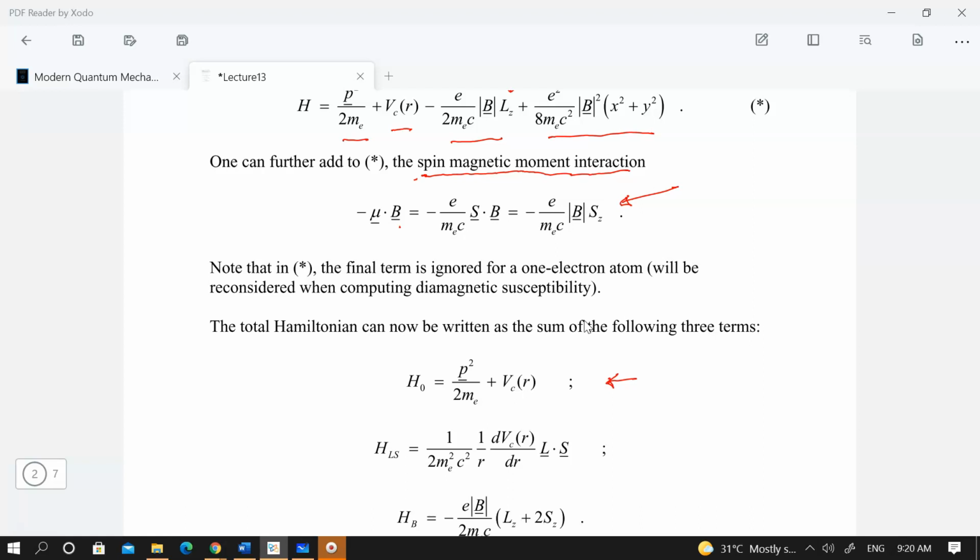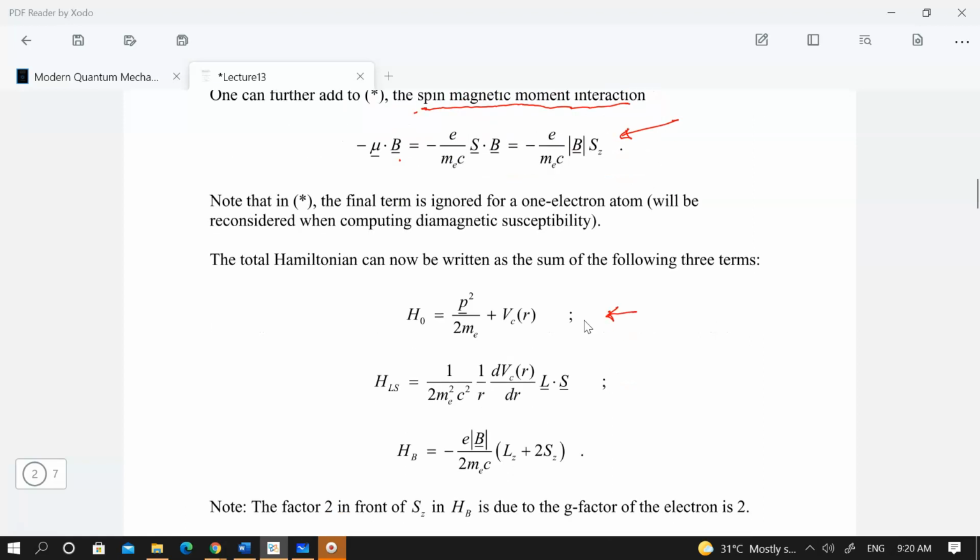I've forgotten about the spin orbit, but never mind. So essentially you have this coming from the earlier magnetic field contribution,